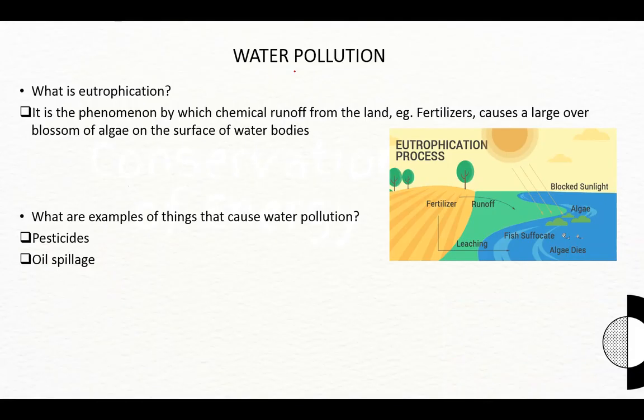Now, water pollution. We have different types of water pollution, and we also have different things that will cause it to occur. So, what is eutrophication? It is a phenomenon by which chemical runoff from the land, for example fertilizers, or even if we throw sewage and all of these things into waterways, it can cause a large overblossom of algae on the surface